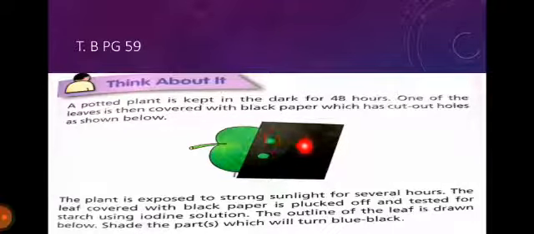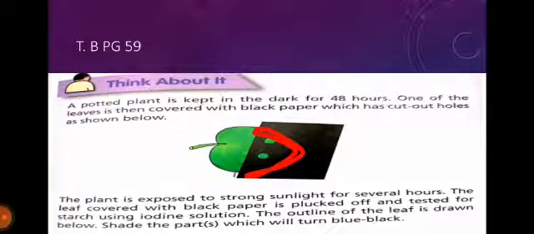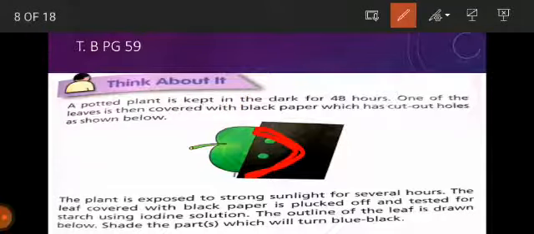Whereas the part of the leaf that was covered with the black tape was not able to make its food. So when they tested this leaf for starch, what will they find? They found that the part of this leaf that was exposed to the sunlight was able to make the starch, and when iodine was applied on this part,